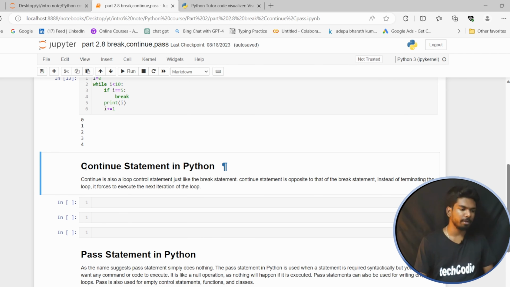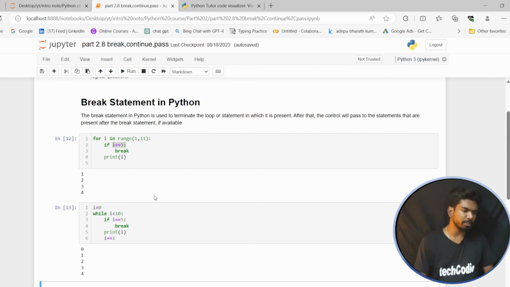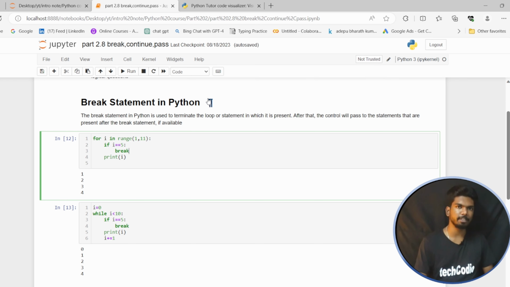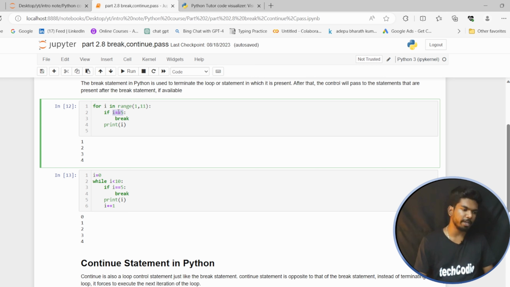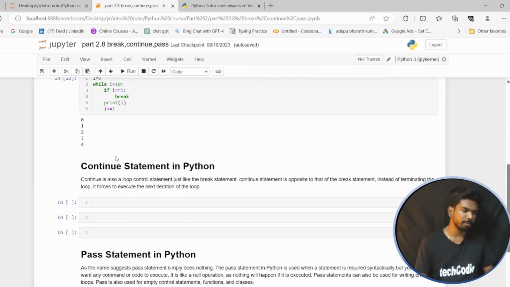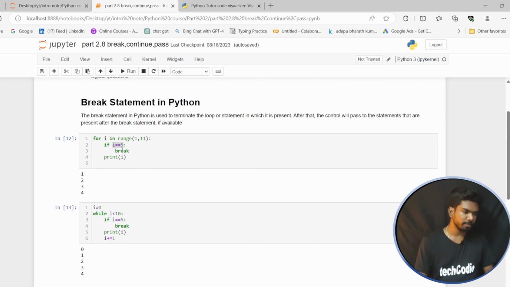Next up we have the continue statement in Python. In break, you can see if i reaches the condition, it will break the loop directly. It won't print the remaining numbers 5, 6, 7, 8, 9, 10. But in continue, when i reaches 5, it skips the 5 and prints all the remaining numbers. So now just copy this code,